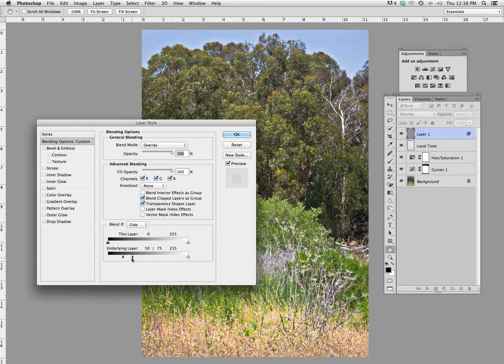And so this is telling it to fade in the effect between a luminance value of about 50 and fade it fully in by 75. So it's a gradual fade in. And then for the fade out, we're going to go down to about 185. And then it doesn't have to be exact, but between 185 and about 210. Okay, and then we'll bring our opacity level down to a starting point of, say, 35,